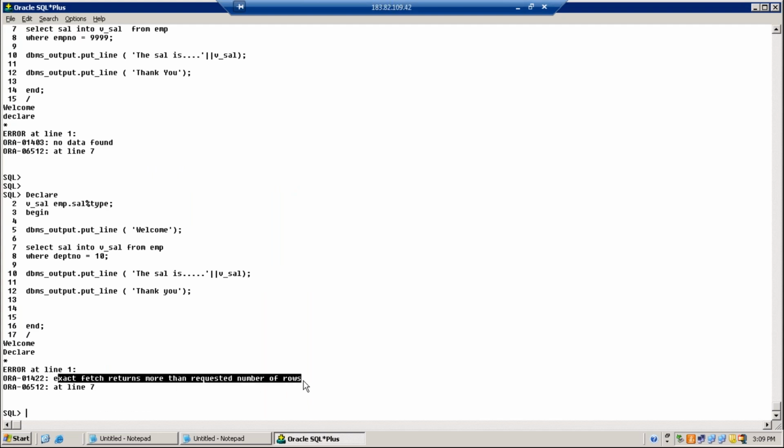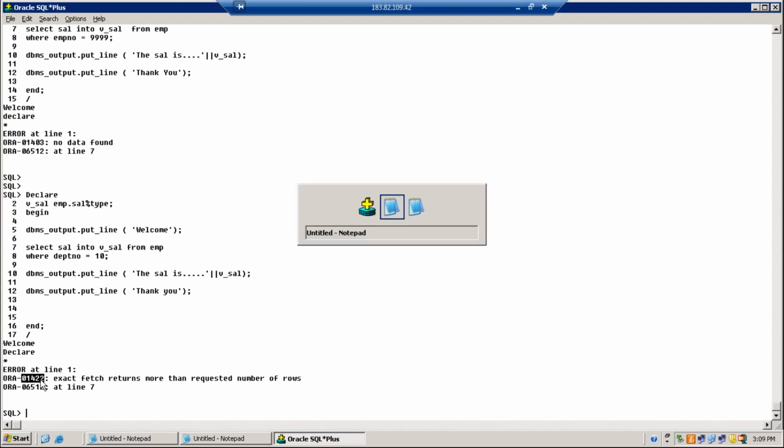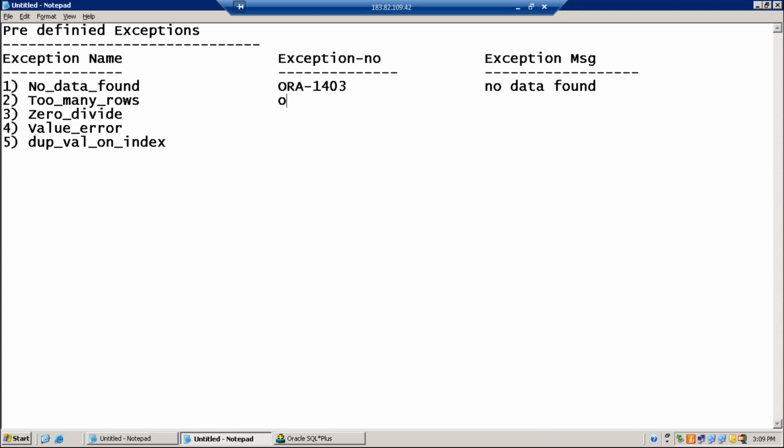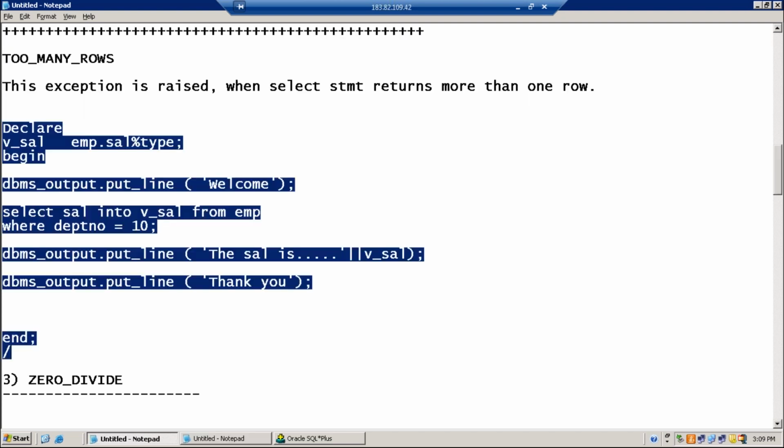Exact fetch returns more than requested number of rows is the message. 1422 is the exception number. Zero divide, we have already tried.